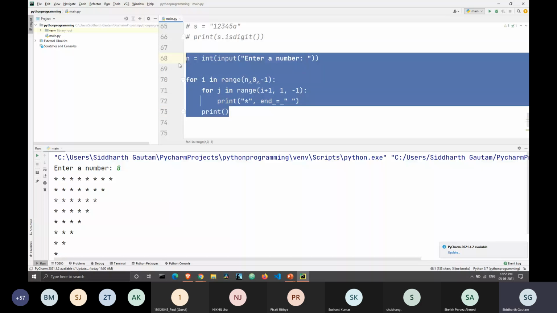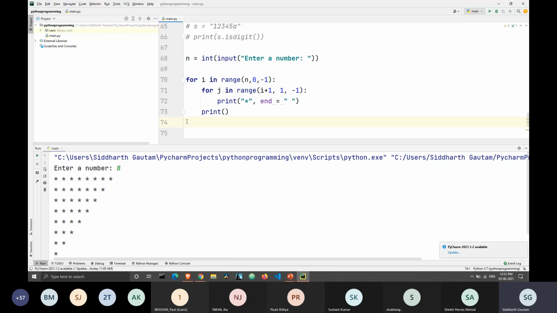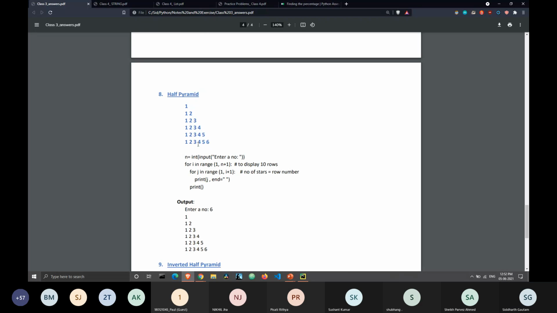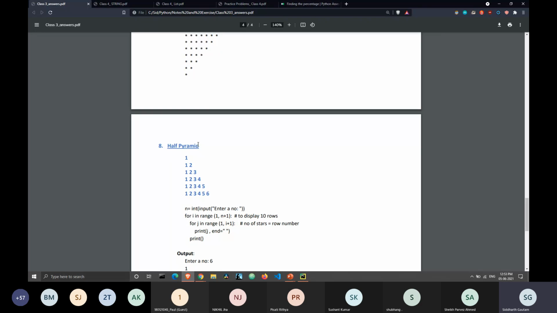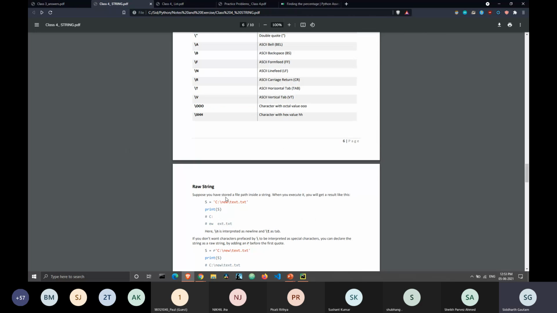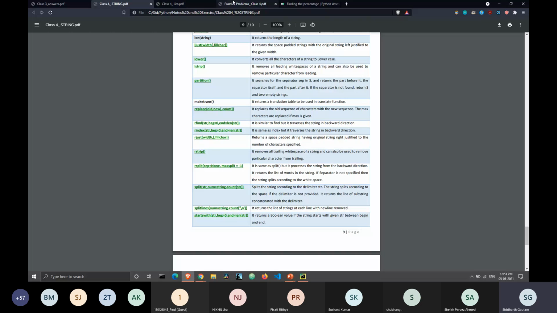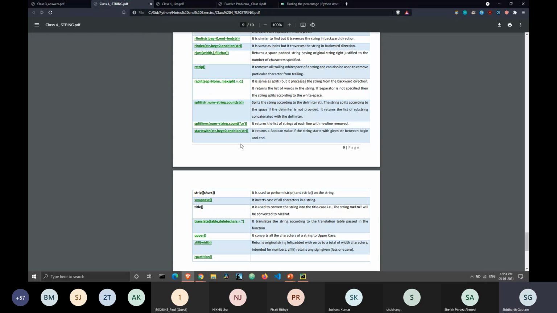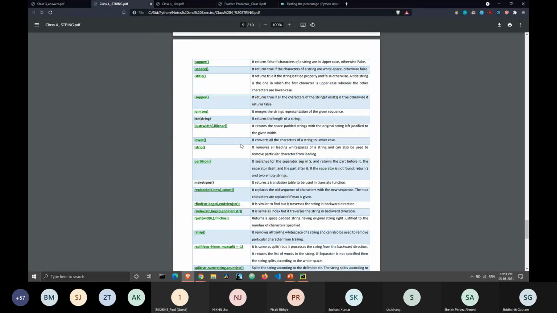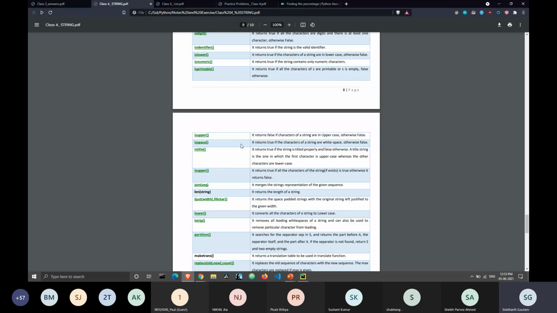We have some more pattern questions for you in the last week. For today, we do not have any homework for you, except for these functions: just go and experiment with all the methods of the string. That's all for today. We don't have any specific questions for you as homework. So just go enjoy your day and practice these questions. Don't force yourself to practice it, make it fun. Python is supposed to be fun, so as long as you're having fun programming, do it till then.